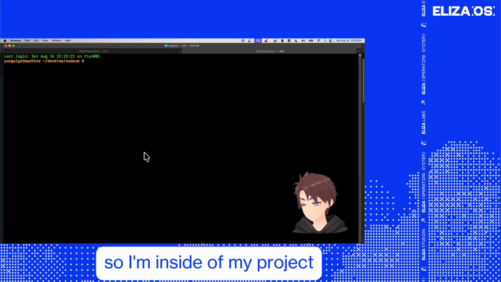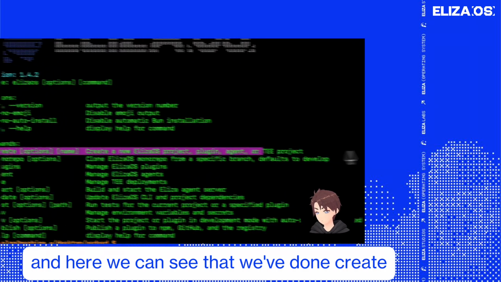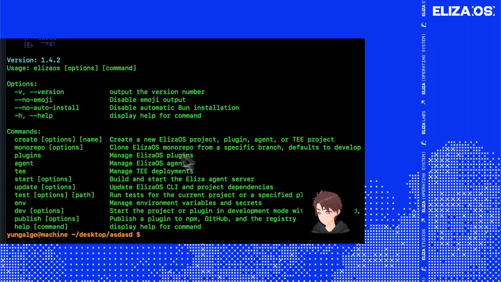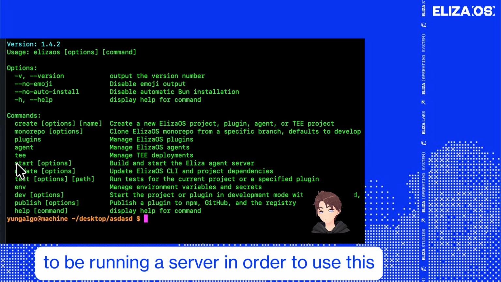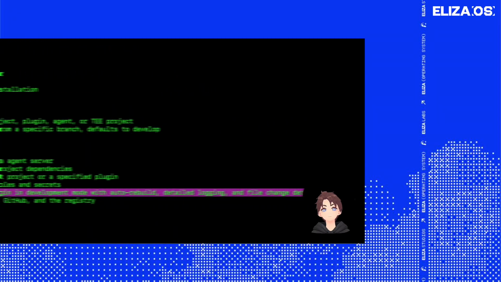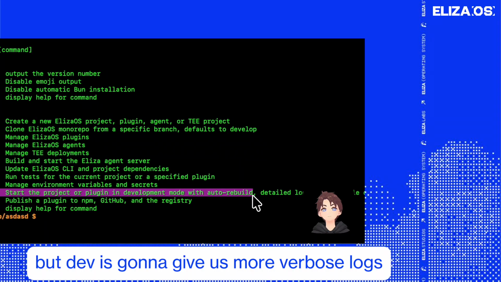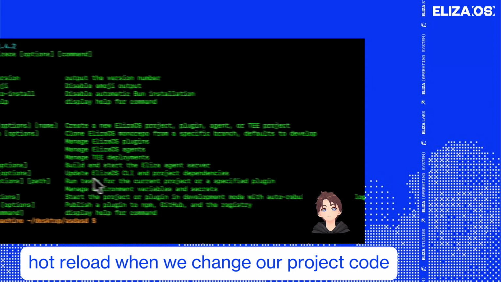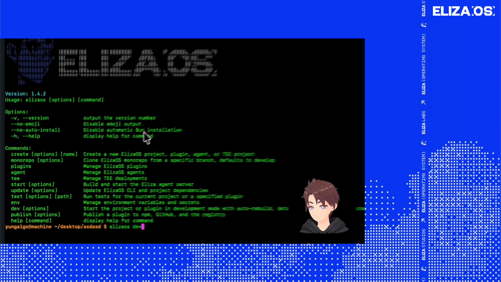So I'm inside of my project, and here we can see that we've done create, we've done monorepo, and we've done plugins. Now we're doing agent, but we need to be running a server in order to use this. So for that, we can either use start or dev. They're exactly the same thing, but dev is going to give us more verbose logs, and it's going to hot reload when we change our project code. So why don't we start with dev,